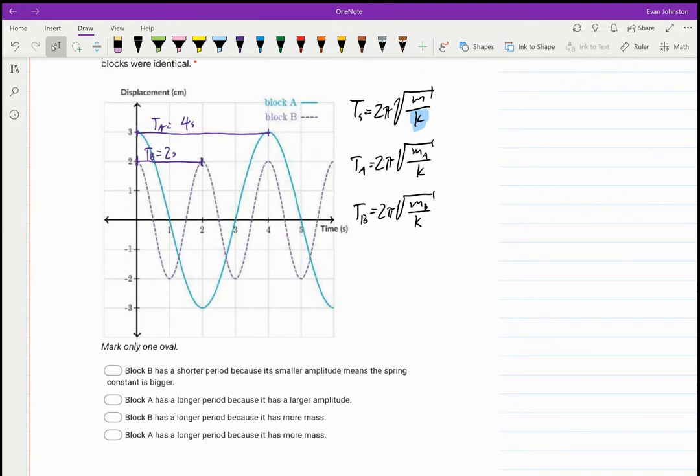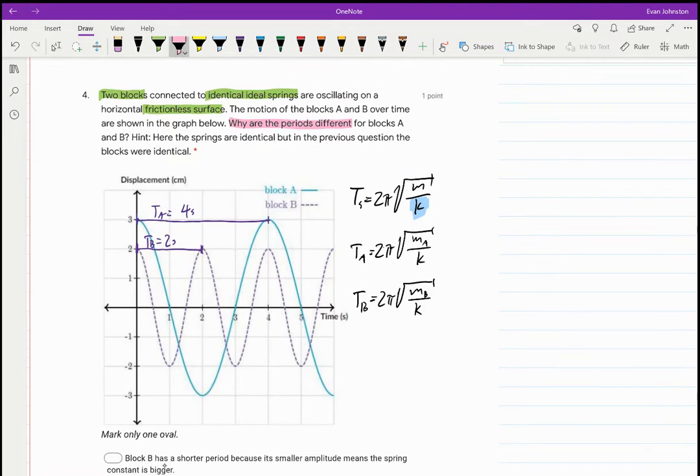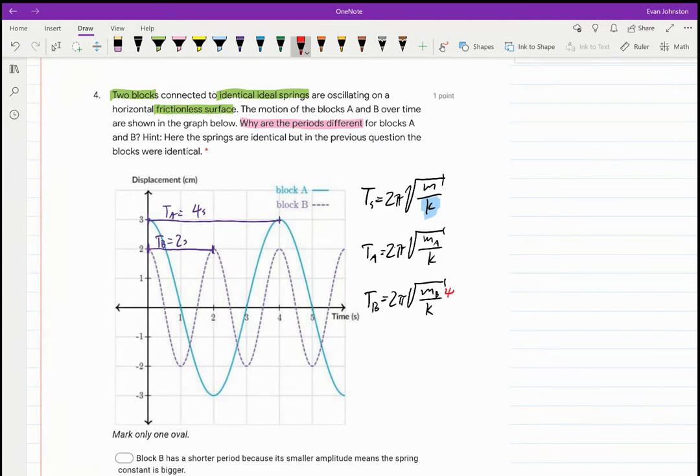So looking at it, if A has a longer period, well, what has to be different between the two? If the spring constant's the same and 2 and pi are the same, well, MA must be bigger, right? If we have a bigger thing up top, we're multiplying by a bigger thing, we're just going to get a bigger number. So if for, I don't know, B, let's say this was 4 and this one was 16,